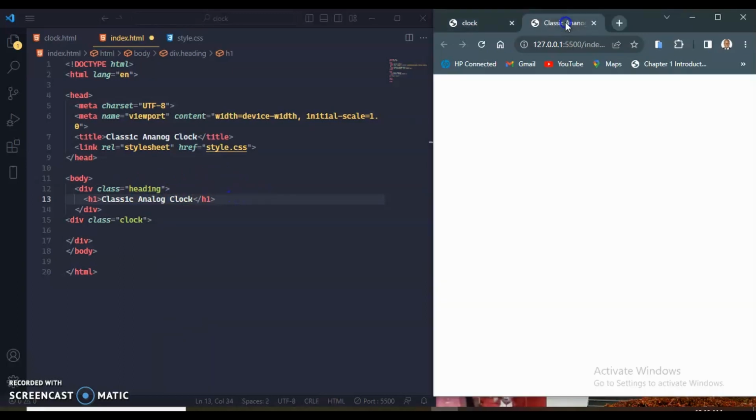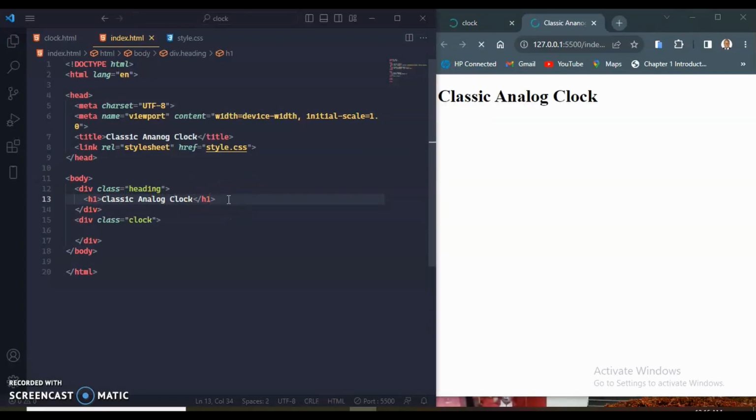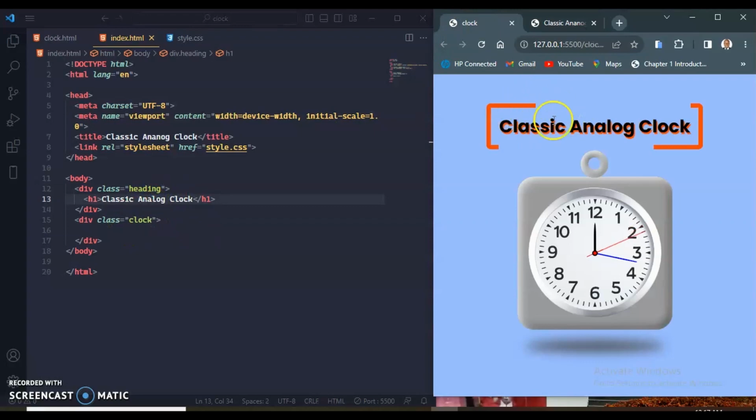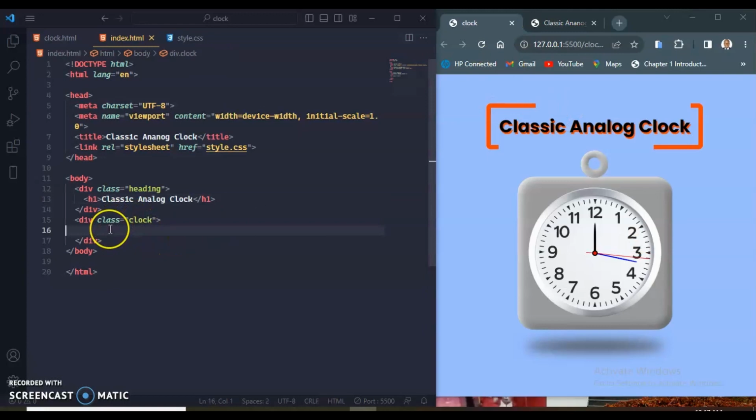Now having done that, when we come back here to our file, for now it is empty, but I've just written something here. When we refresh, our extension will automatically load up our page, and clearly we can see our heading classic analog clock. So we just written it inside this HTML file. So having done that, we have already created our heading, and we can go ahead and create some element inside this